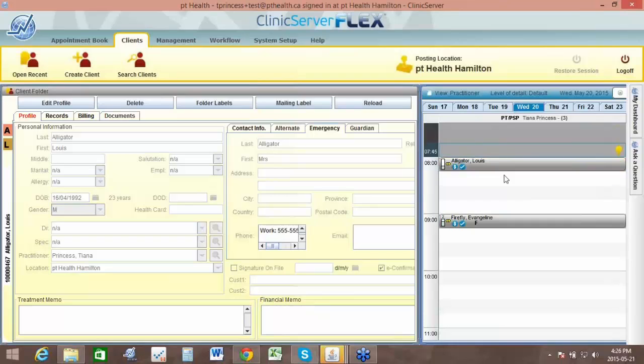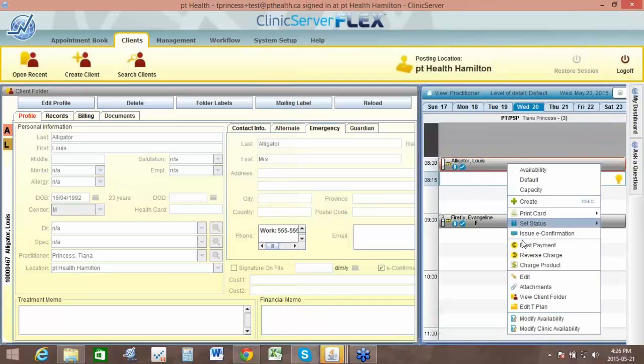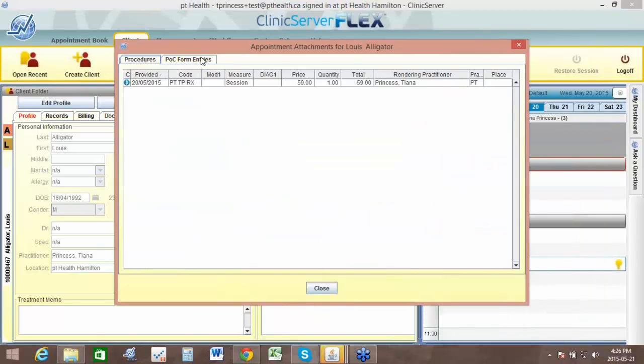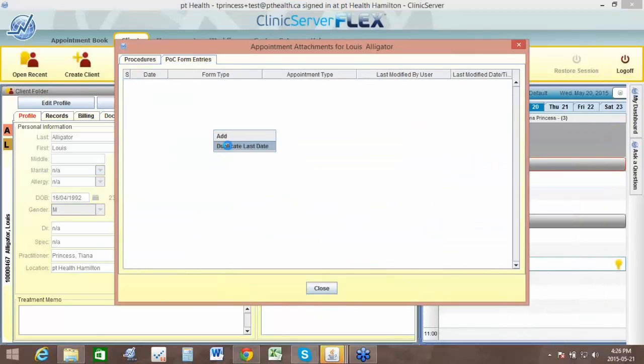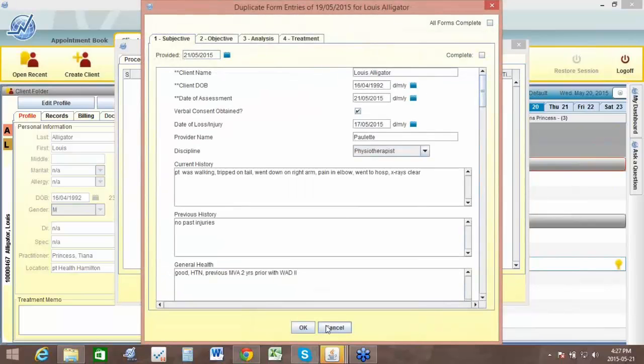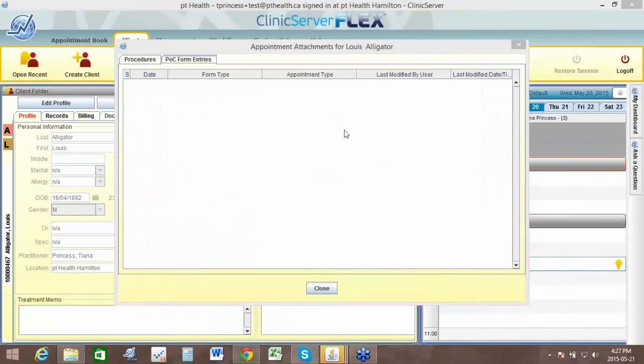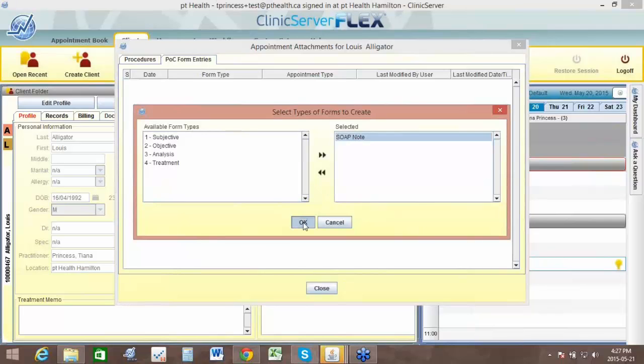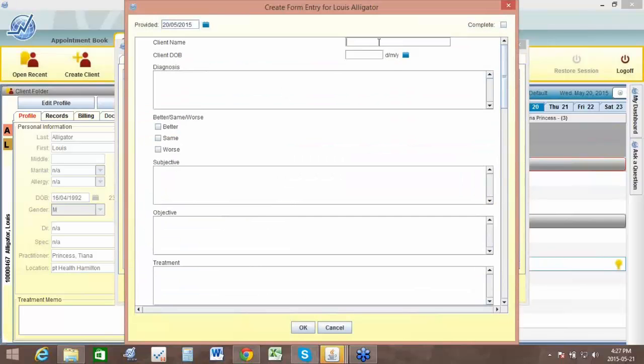So I'm going to go on to his next date here and create another note. This is going to be his first treatment after his assessment. If I say duplicate last date, it's going to duplicate that assessment form, and I don't want to be filling that out on a daily basis. So I'm going to say add, and it's going to pull up the SOAP note. So I have him up here,